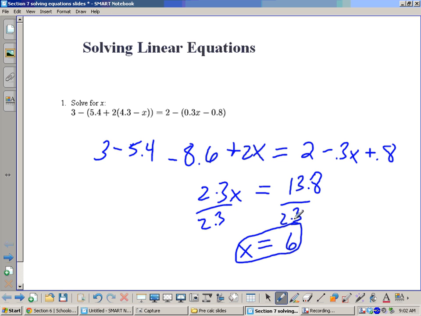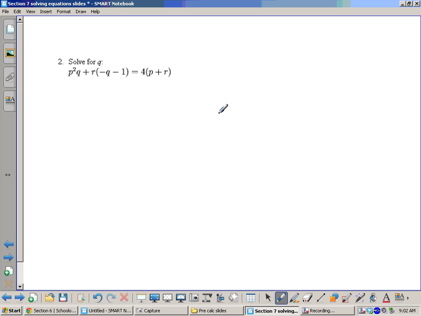And again, I'm just reviewing some solving for variables. Should not be anything terribly difficult. Now we're going to get into some where we're going to simplify and solve for a variable where our answer is going to have other variables, in this case p and r, in it. So the first thing we're going to have to do is get the q's all isolated and together so we can factor them out. So by distributing this r, we should get p squared q minus rq